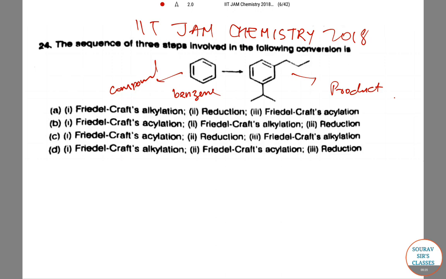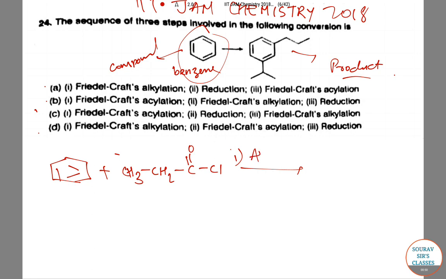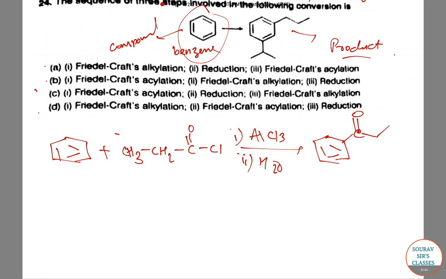So we have to choose from these 4 options the process this benzene, which is our compound, will undergo in order to form this product. So starting with the compound we have in hand, that is benzene, which when added to CH3CH2C=O Cl and in presence of AlCl3 and H2O will give us this benzene ring attached to C=O CH2CH3. So this process is Friedel-Crafts